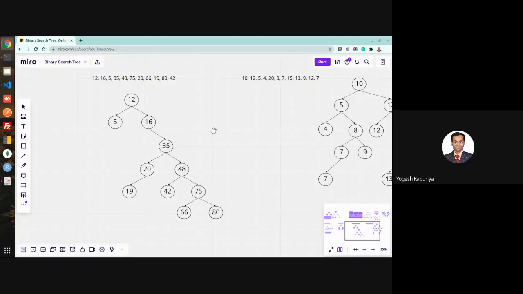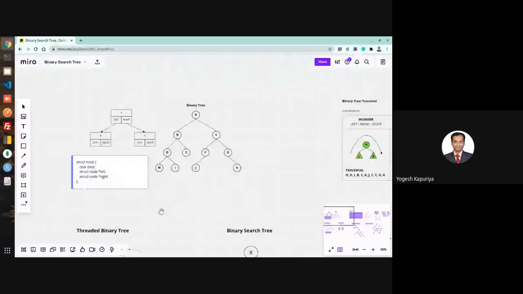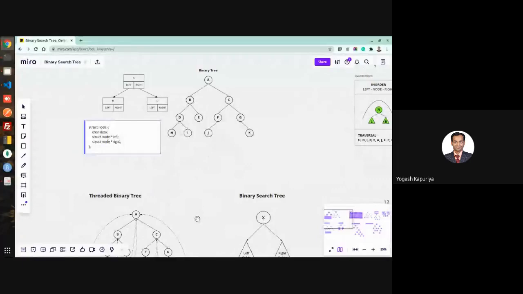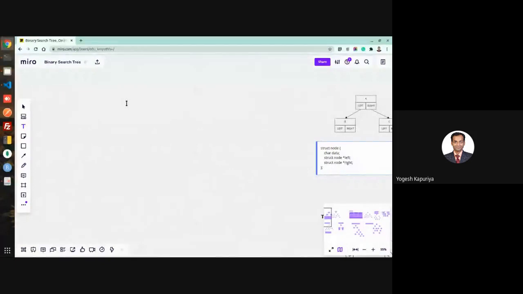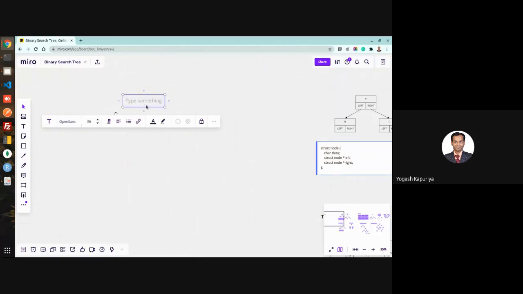So first, today we are going to discuss the implementation part, or the algorithm part, of binary search tree. Let me take one example first. Let's first create a binary search tree for some values, and then we will go for the algorithm and the C program for the same. So let's take some simple values. Let's say we want to create a binary search tree for these values: 23, 18, 35, 12, 20 and 43. Let's make it simple.